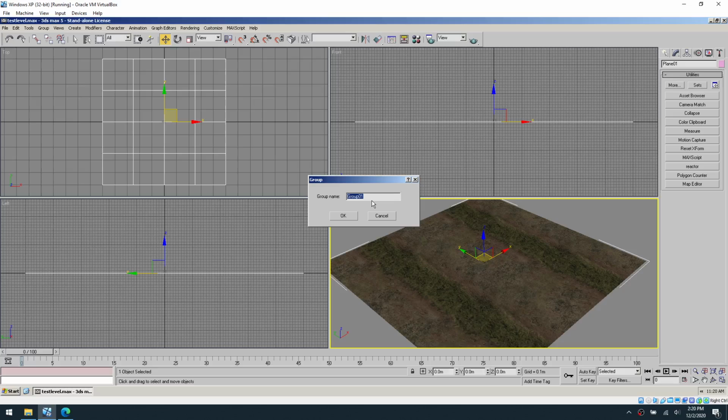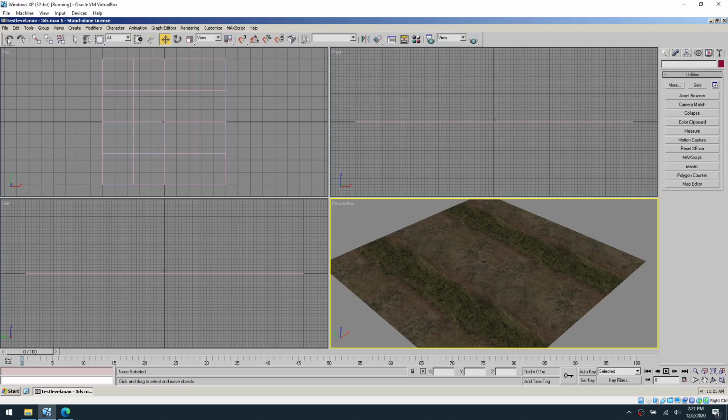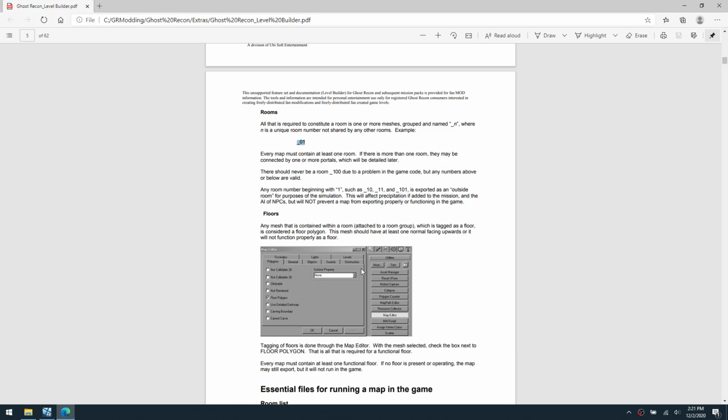Otherwise, you'd select multiple objects and click group. And underscore 101. So it's an outdoor room, and it's 101. Click OK. It's now grouped together. That's set up properly. I'll go ahead and save this again right now, and we're going to actually go create